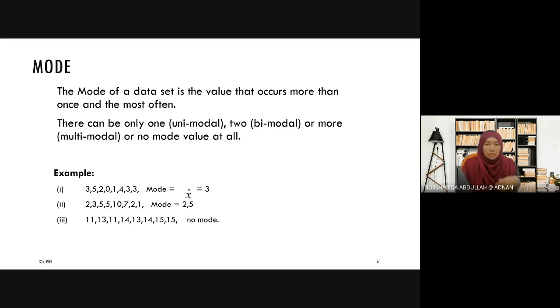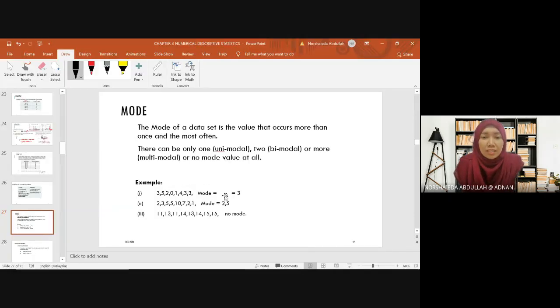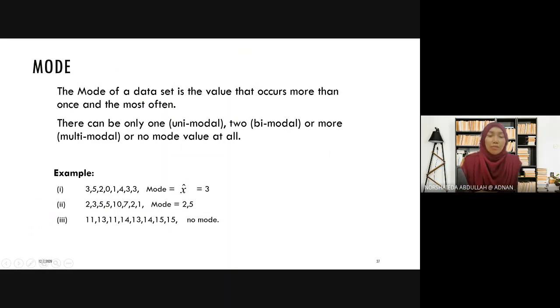So for the first type of data, the ungrouped data, the raw ungrouped data. If we have raw ungrouped data like this example, to find the mode or the modal value,